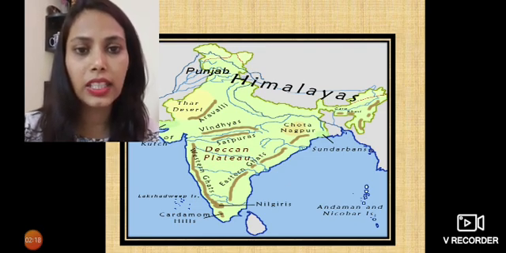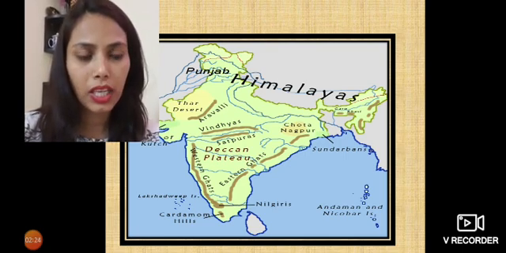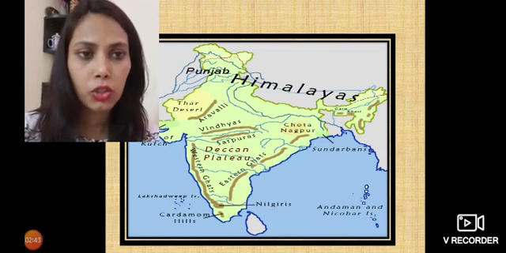Then in the south, you can see Deccan Plateau written. So Deccan Plateau is a part of Peninsular Plateau only. Then you can see Western Ghats near the Western Coastal Plain, and Eastern Ghats near the Eastern Coastal Plain. Then in the same map, you can see Chota Nagpur Plateau, in the east of India, where Jharkhand, Bihar, Chhattisgarh is there. Then down south, you can see the Nilgiris and the Cardamom Hills.